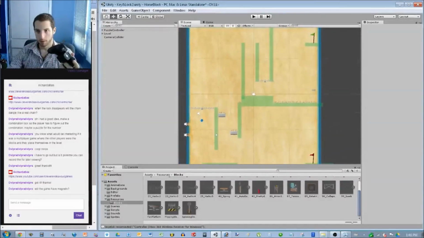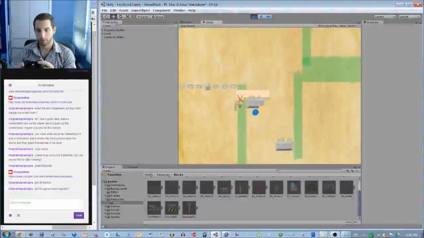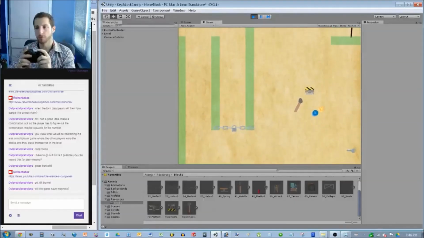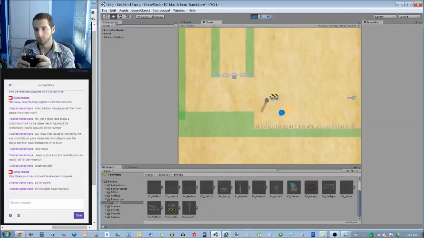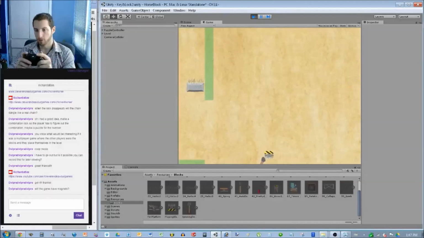Alright, let's give it a shot. So the flipping block, like I said, is this. That I think is going to be the most difficult one to use. So I'm going to put it down here because we know